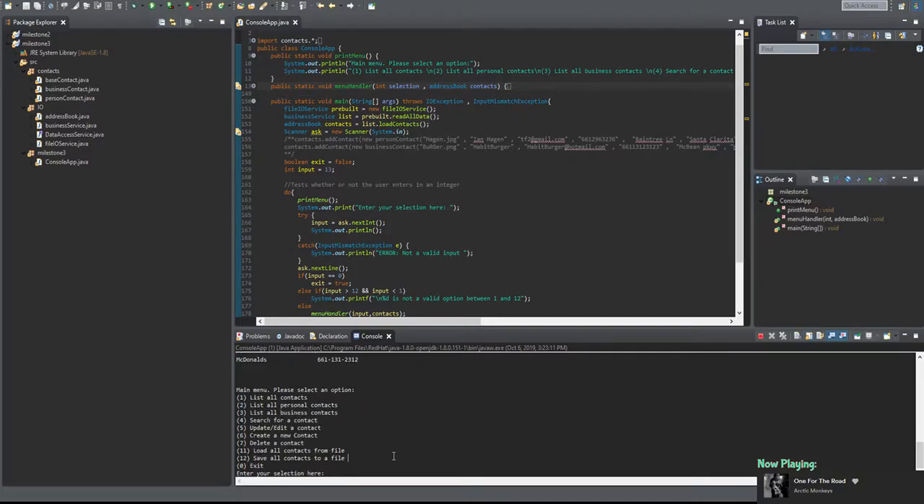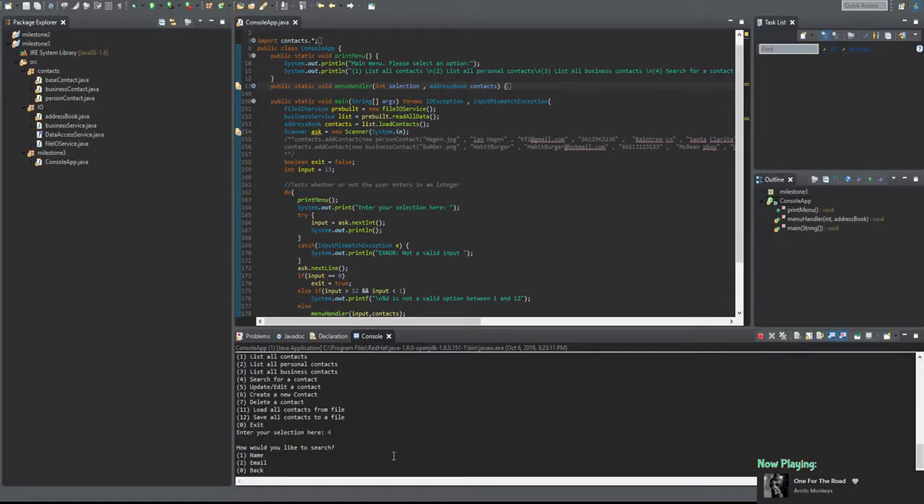Let's go ahead and search for a contact. Upon pressing number 4, the user is prompted with 2 options, either searching with the name, email, or just going back in case you didn't want to search for a contact. Let's go ahead and just search by name. We are now prompted and asked to enter the first and last name of the contact with a space separating them. So in this case, we'll just look up my name,